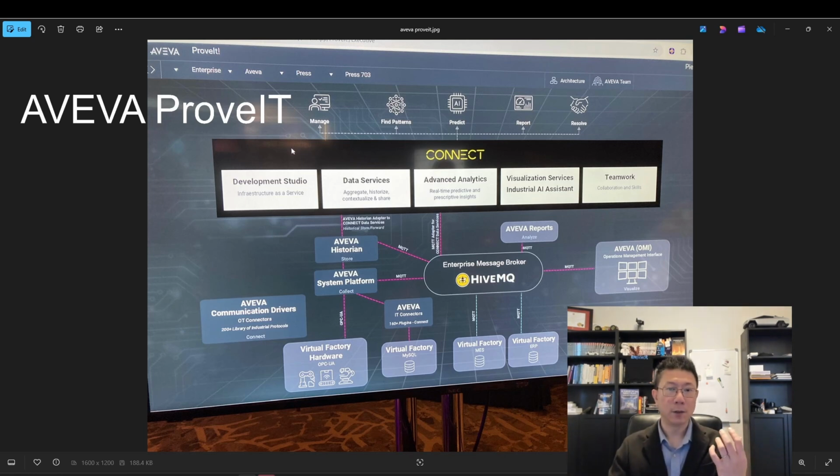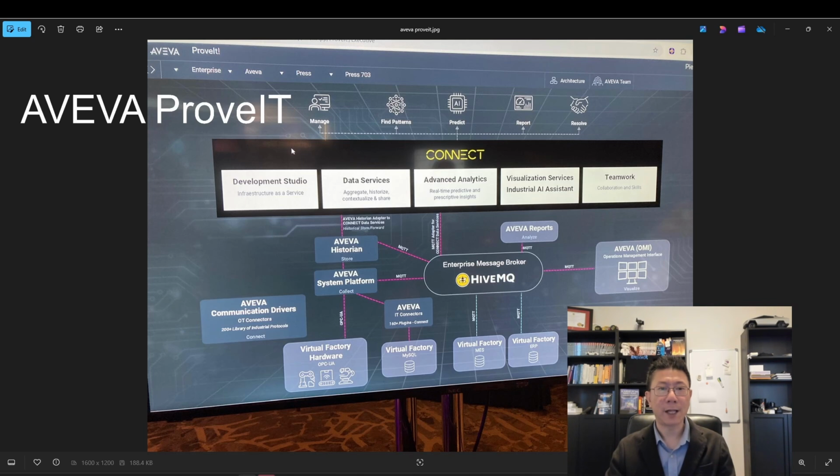Everyone can go into this HiveMQ MQTT broker for any real-time data. It doesn't store data like the historian. If you want to store the data, then you will need the historian. But in this case, it's just the real-time data. So everyone who wants the data could tap into this MQTT broker.